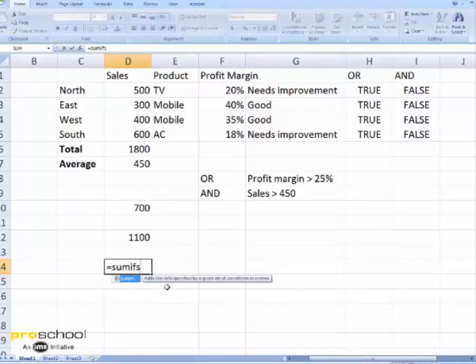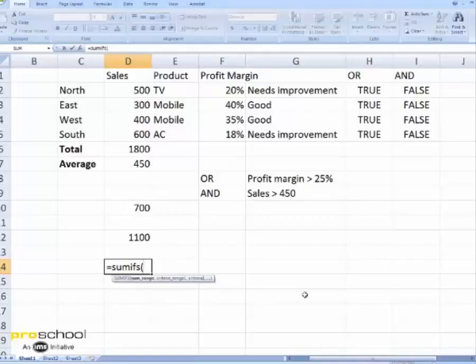So if you see sum ifs, it says adds the cells specified by given set of conditions or criteria. If you see what parameters it needs, you put the round bracket, it says sum range, criteria range 1, criteria 1, criteria range 2, criteria 2, and so on. Which means if there are multiple conditions to be checked, and based on those conditions you want to add up.